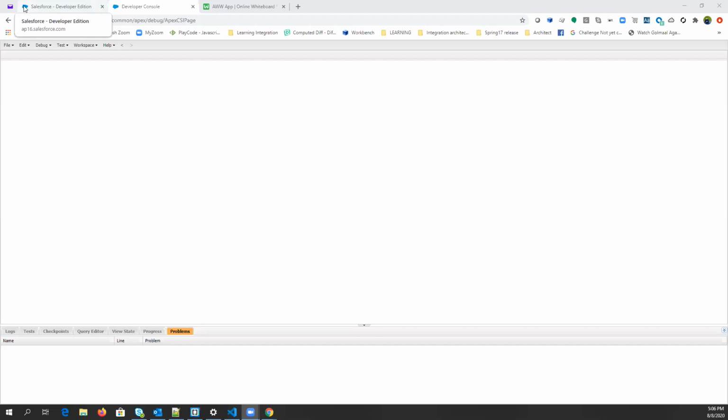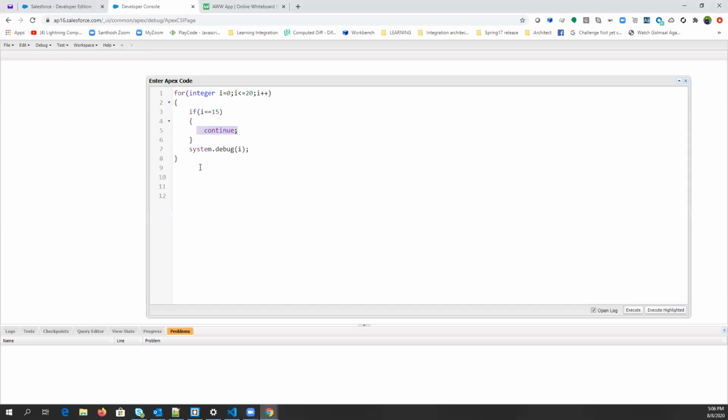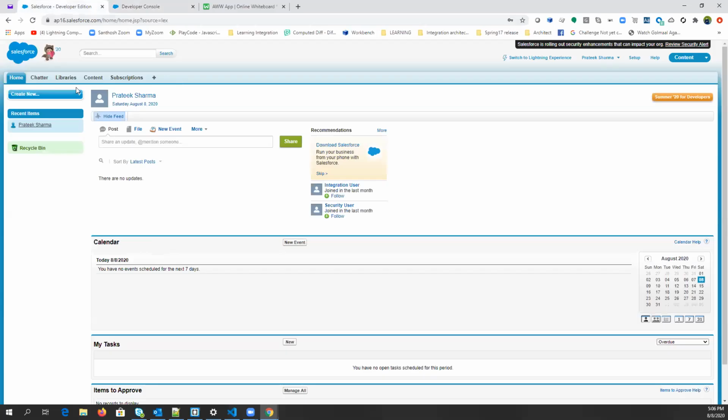But you can always query the data from the database. So you can write different queries just to get the data. Let's say I just want to get how many accounts we have and print all the accounts. Let me show you.